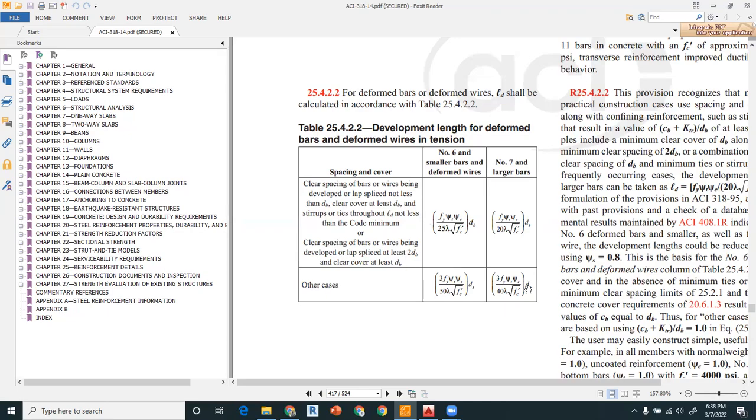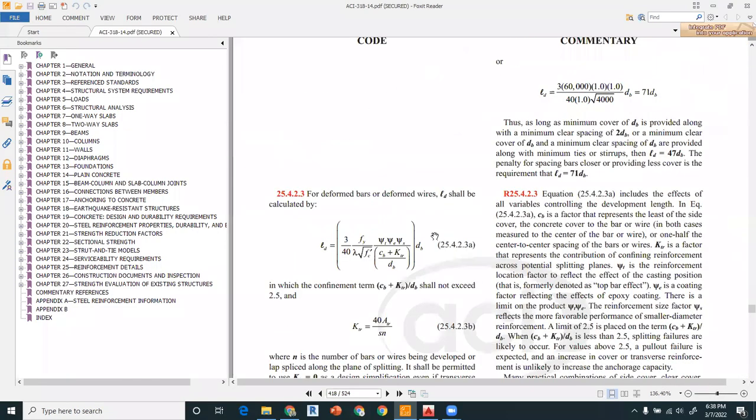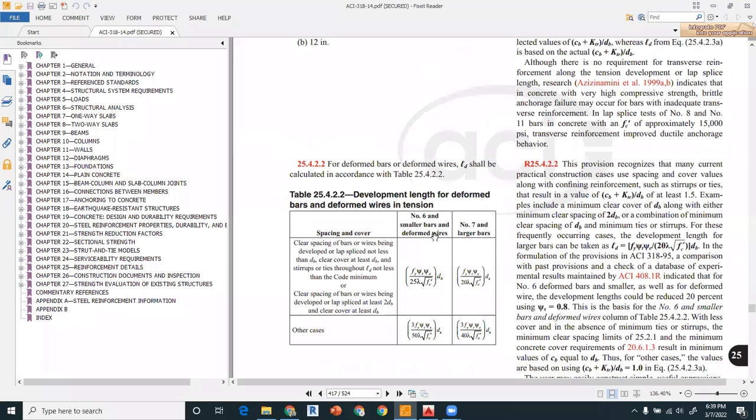These are some other special cases. You can use that as well for the typical design and daily life design. These two equations are used, right? So you must satisfy the development length in the foundation and in the superstructure as well, right? So this is the equation for the development length. There is also another table,